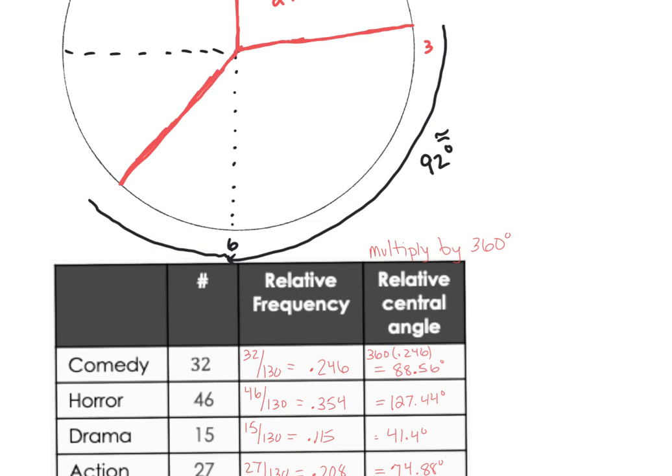So really, all this section right here that we just drew, that's going to be the section your horror movie takes over. Okay, and then again, if you look, it was 0.345 as a relative frequency. We would say 34.5%. So you see what I'm putting in the actual graph here is